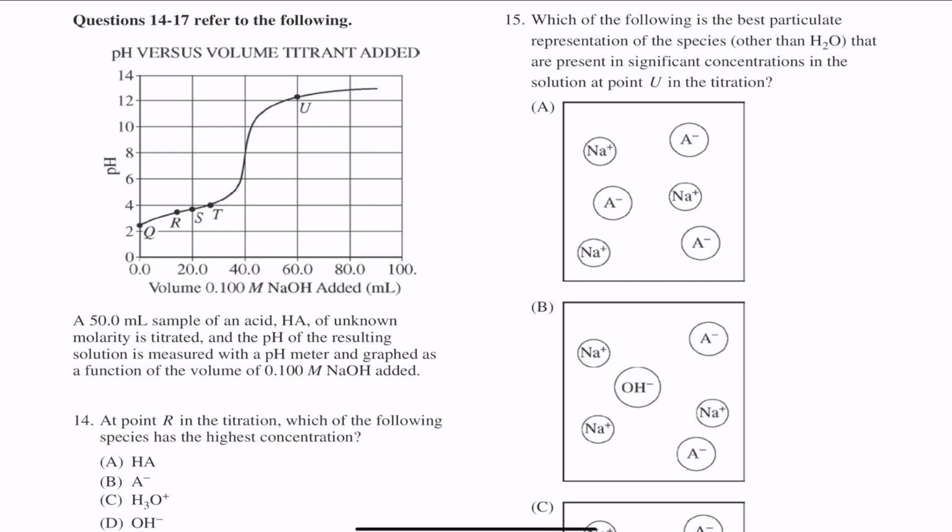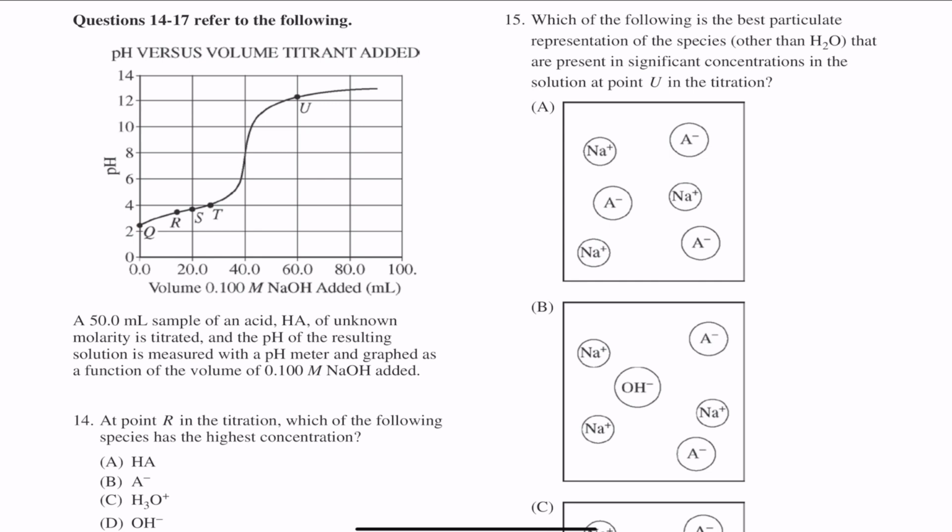Now, questions number 14 through 17 have to do with this little diagram here. So this is the whole titration curve. A 50 ml sample of an acid, HA, of unknown molarity is titrated, and the pH of the resulting solution is measured with the pH meter and graphed as a function of the volume of 0.1 molar sodium